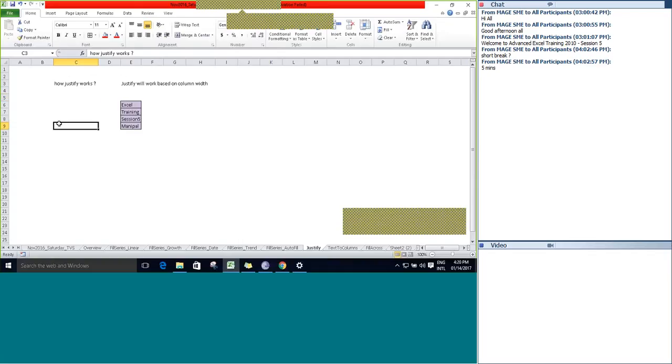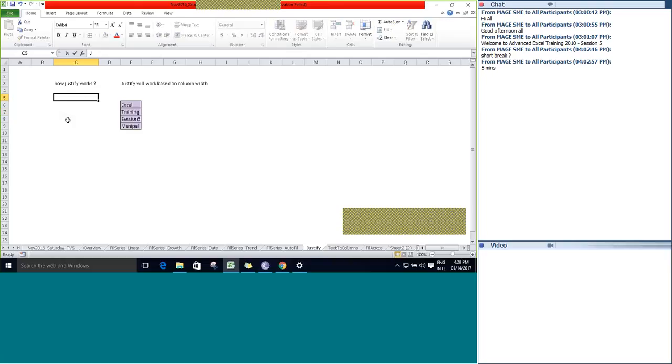The next scenario is going to be justify. Justify and text to columns. Next scenario, text to columns. Both will work in a similar way. It is used to join or split a string. When to use justify?